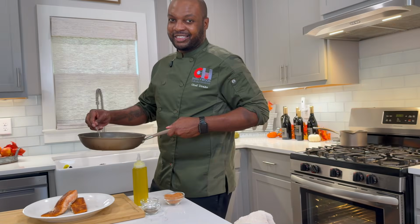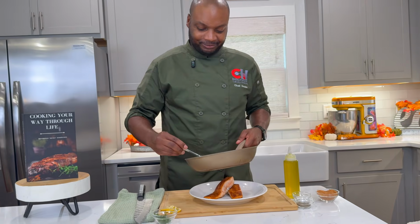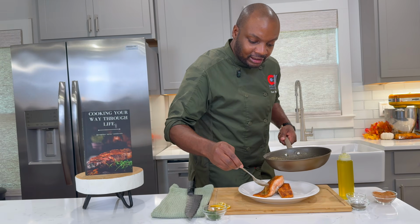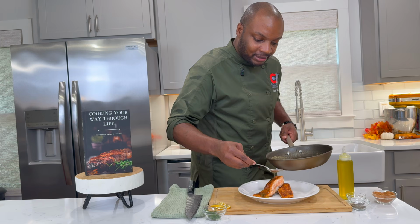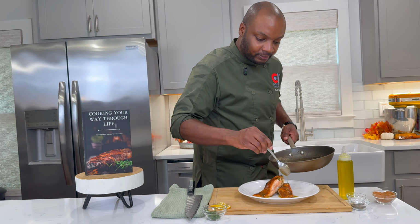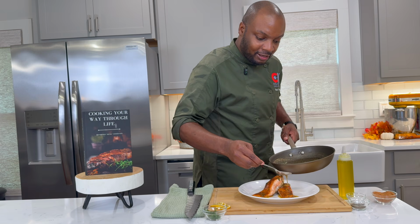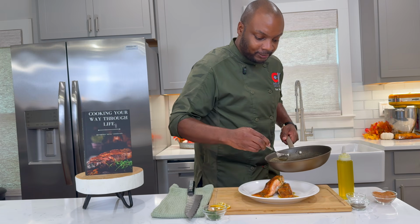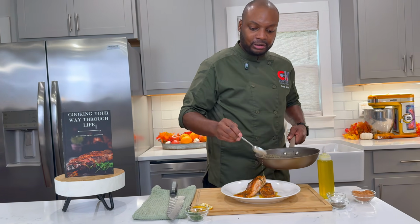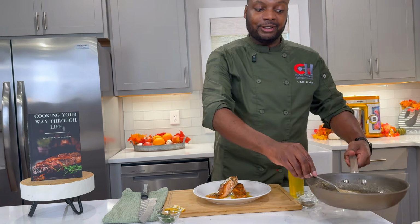All right, so now I have my sauce together. And this is a very loose sauce. I really like it because it's also great for a marinade. So for those of you that feel like salmon is just a one note kind of thing, this is very saucy. And I feel like this recipe goes really well for me being in the South right now, because